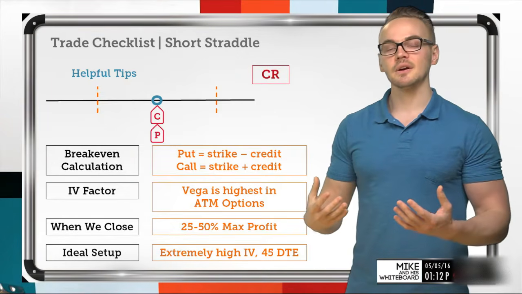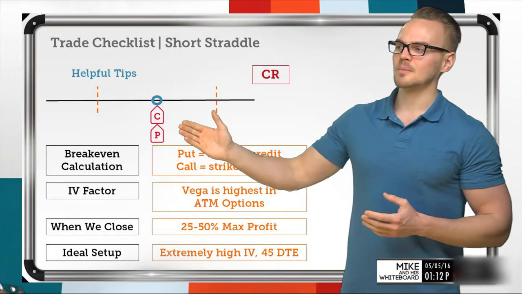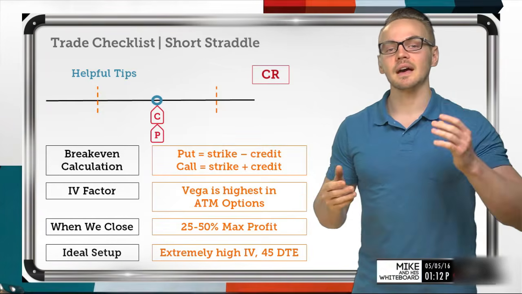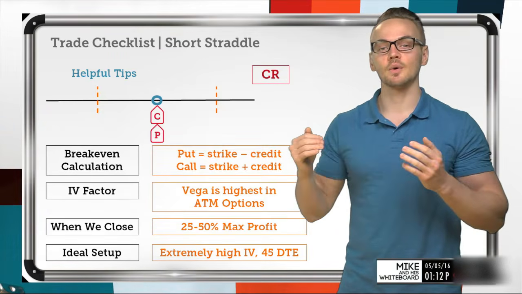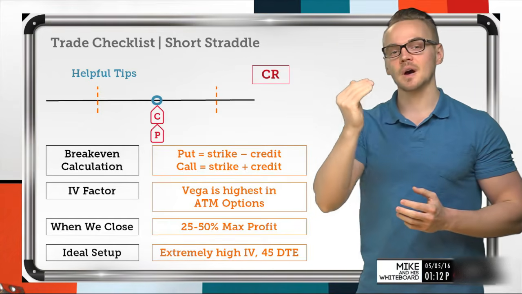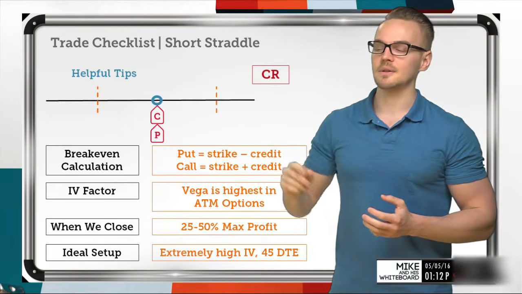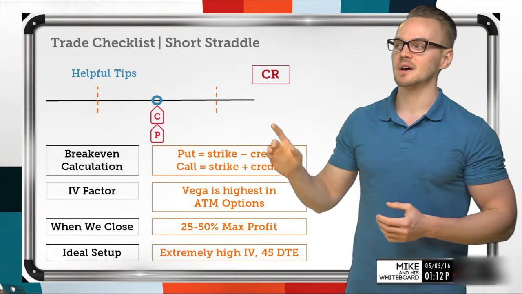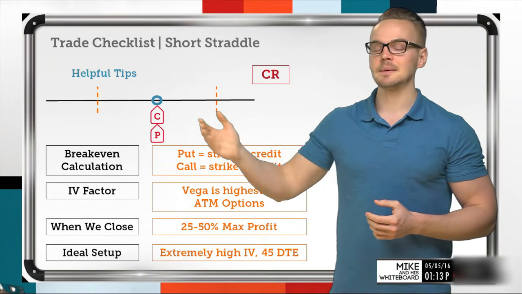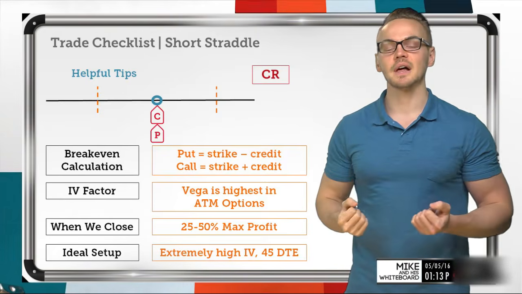And when we're comparing the two, if we have a super high IV environment, we might see more profitability in a straddle compared to a strangle, because if I see implied volatility spike as high as I've ever seen it before and it ends up coming down, that's going to reap more profitability in the straddle than it would in a strangle, especially because we're collecting a much higher credit value. And if at the money options have a larger Vega exposure, then we know that changes in implied volatility,